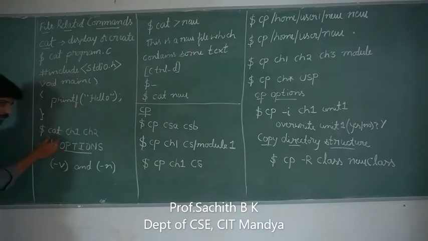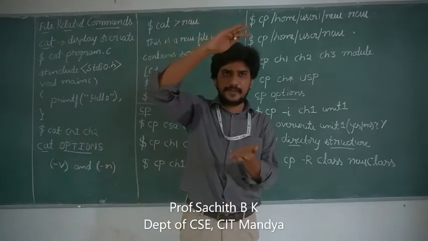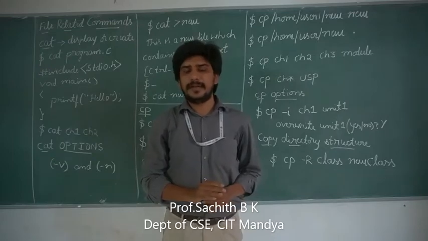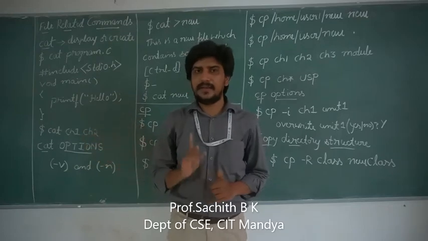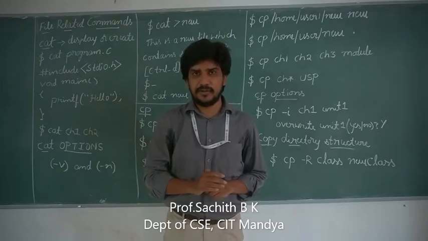As you can see in this particular example, you are using the cat command and you are using two file names. The first file name is ch1 and the second file name is ch2. That means you are displaying the contents of both the files ch1 and ch2. First, the contents of ch1 will be displayed. Later, the contents of ch2 will be displayed. The only disadvantage of this particular example is that ch2 won't be having any header information.